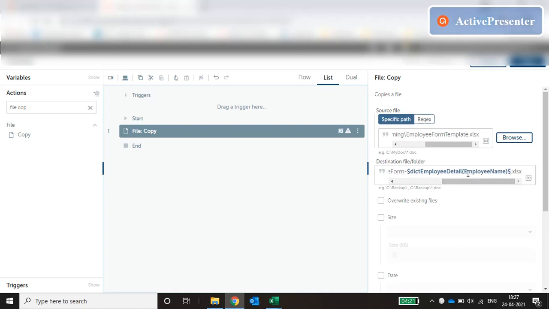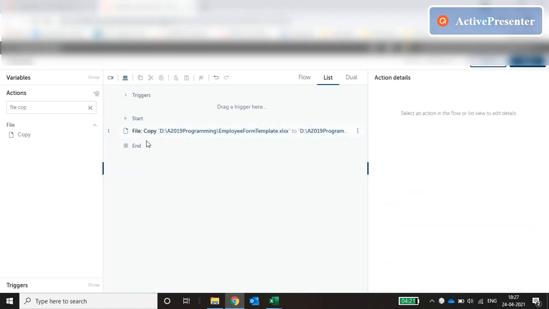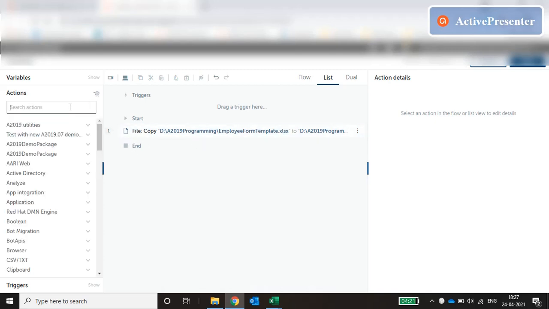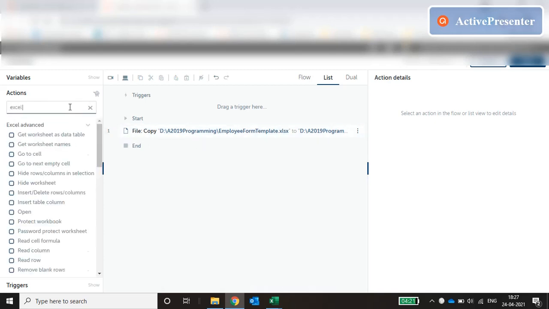So for each employee name, a different file will be created, which will be an exact copy of this template. So the template remains untouched. Okay. So now our file gets created with the file copy statement. Once the file is created, the next thing to do is to open the file. So we go for Excel Advanced, open statement,